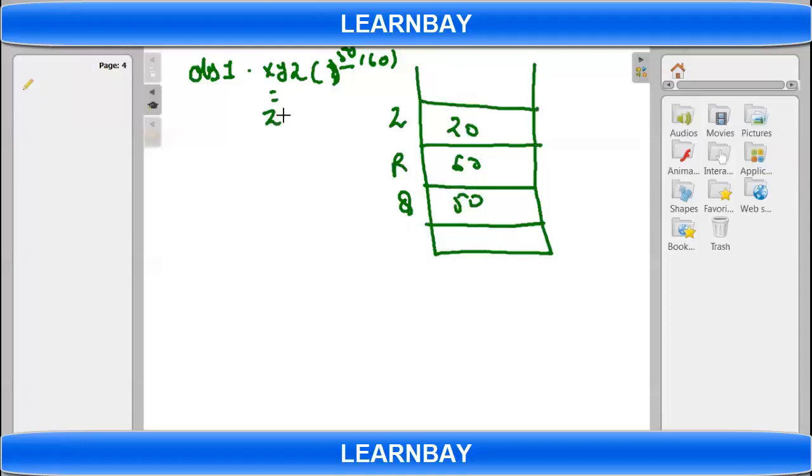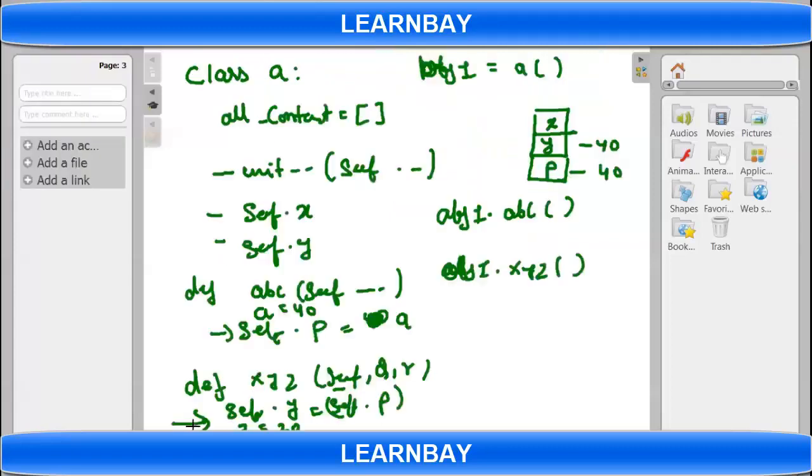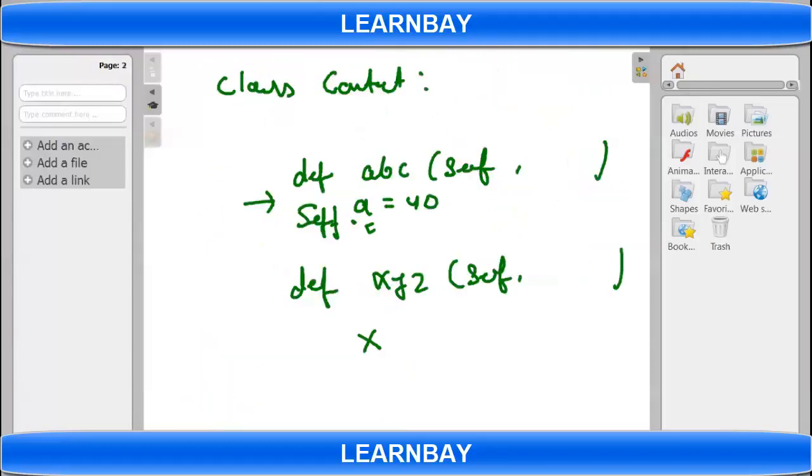Now when you call this function xyz, these local variables will be set, and what will be the value of self? The memory address where the object is. So it is the object here, and the address is 0x45. You will have 0x45 here. Okay, right? So when you call a function, all these local variables get memory, and when you execute the last line of this function and it returns, this memory will be released.